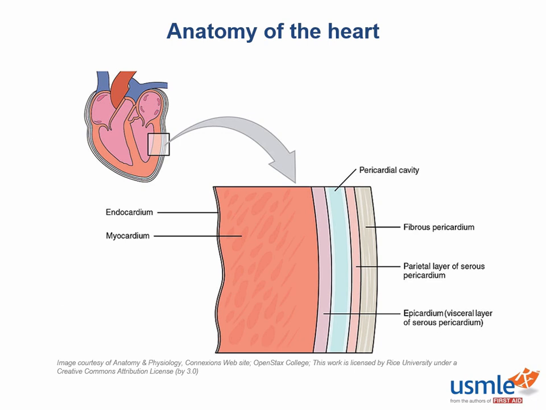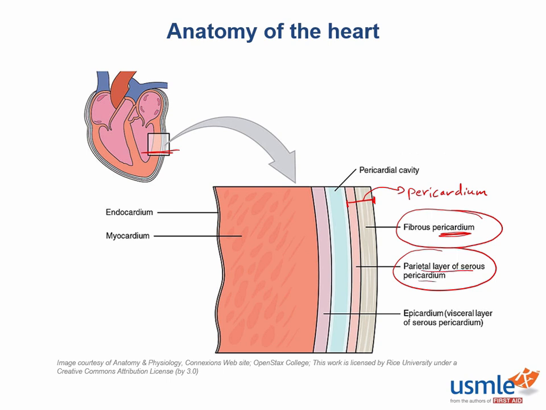Now next up, we have this important image to look at the different layers of the heart. Our outermost layer here is the pericardium. Now it's composed of two layers, a fibrous outer layer and an inner serous layer. And you can see these here. Now the serous pericardium also has two layers, the parietal or body wall layer and the visceral or organ layer. Now the visceral layer of the serous pericardium is also referred to as the epicardium, and this is what directly